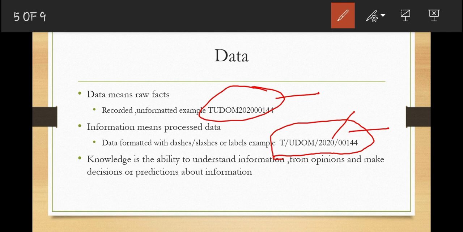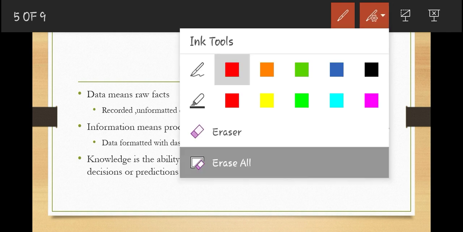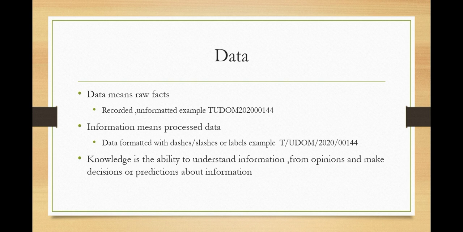So if you get to understand something, then you provide your opinion regarding the information that you have understood, and you can make decisions, or you can make predictions based on it. Then we say that is knowledge. So let's proceed. Knowledge is a body of governing procedures, such as guidelines or rules, that are used to organize or manipulate data to make it more suitable for a given task.